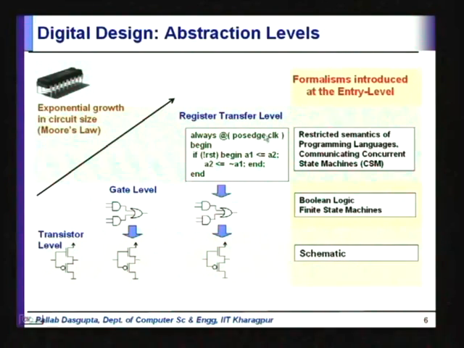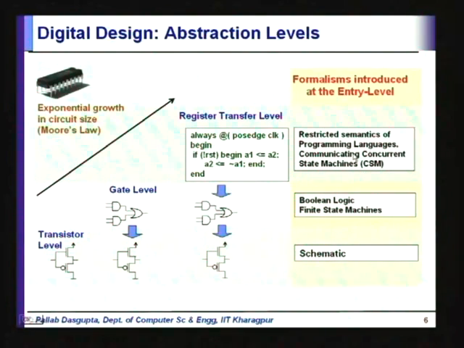So, you can have, instead of posedge clock, posedge of A, where A is a signal which is driven from another block, right. So, by virtue of that you can have synchronization between concurrent systems, and you can have sharing of variables between these systems. One is the output of one and the input of more than one of these blocks, right. So, the formalism there is not just one finite state machine, but a set of communicating concurrent finite state machines, right, and the language support is much higher in terms of the level of abstraction as compared to Boolean logic